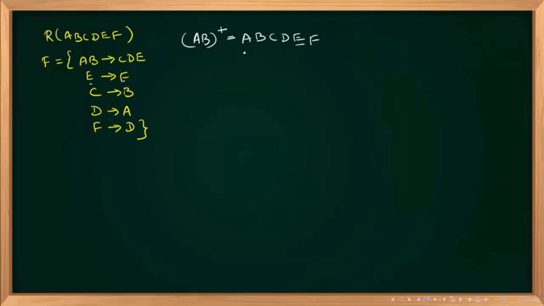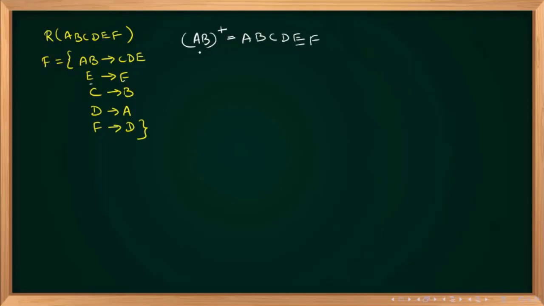So definitely, now one more observation you can make. If you remove A and take the closure of B, you cannot get all. B closure is only B. If you remove B and take the closure of A, even then you cannot get everything. So it cannot be reduced. Even if you remove a single attribute, you are not getting the uniqueness property. You remove one attribute and take the closure, you will not get all the other attributes. Because of that, we understood that this itself is a candidate key.